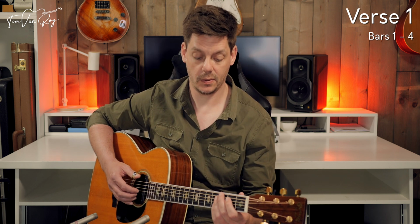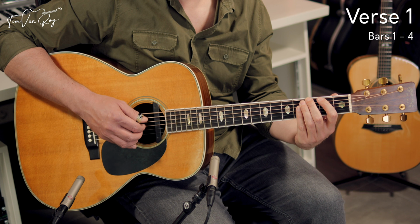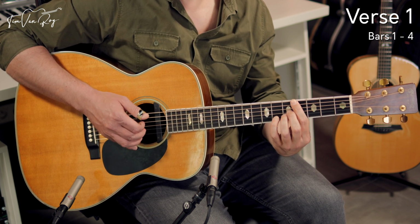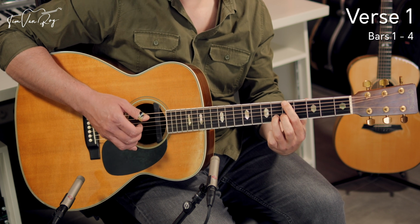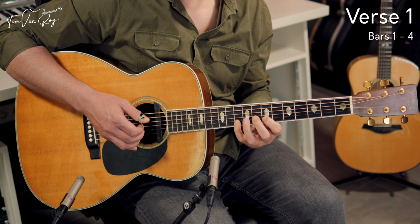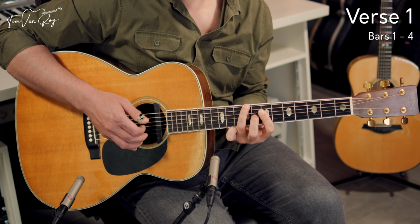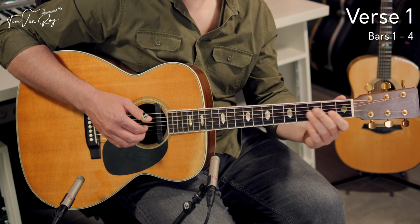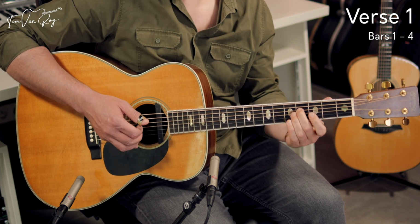Let me play those first 4 bars one more time, all the way through really slowly, connecting all the dots. Here we go. 2, 3. Ending up on that low E string,